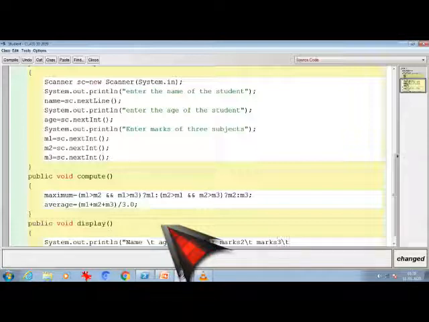Next, maximum out of them, which is maximum \t, and last I'm left with the average.